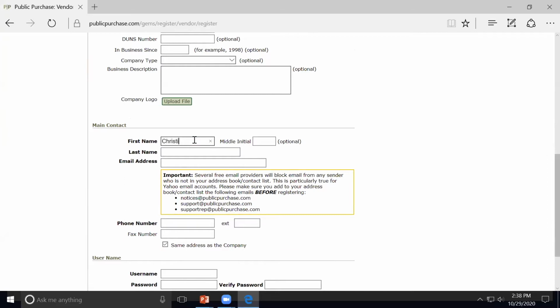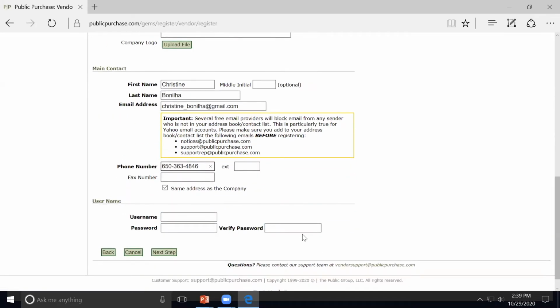So I'll enter my name here and an email address and a phone number. Moving on, finally, I'll select a username and password. And if everything looks good, I'll hit next step,